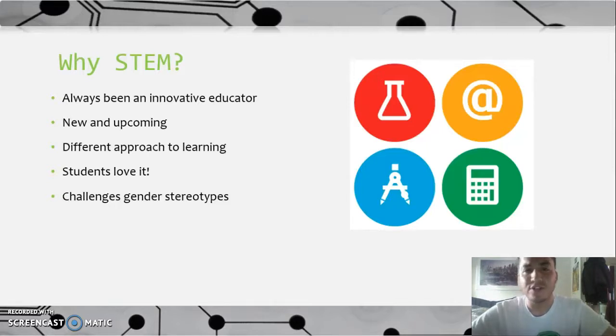They love that project-based, hands-on learning. And it also challenges some gender stereotypes, especially with girls. They aren't typically seen a lot in science, engineering type fields. So it challenges and pushes different genders in these new careers.